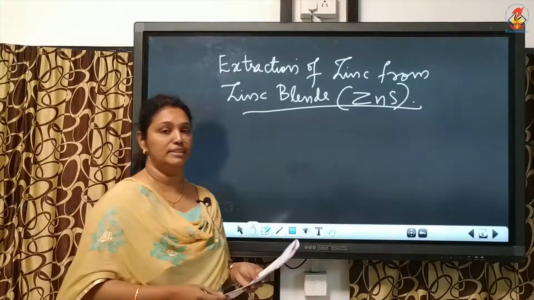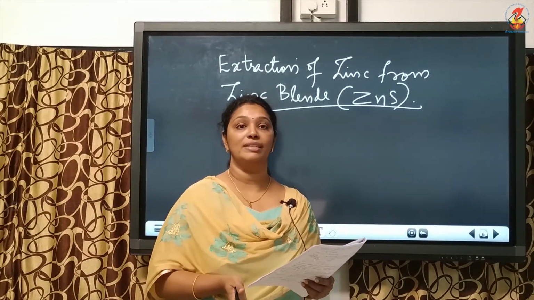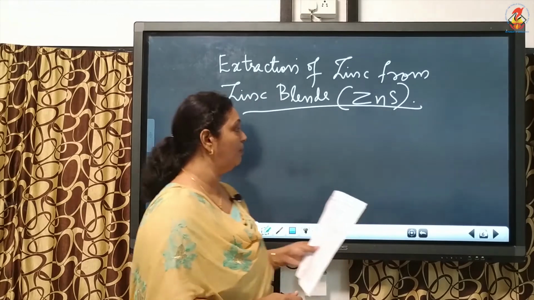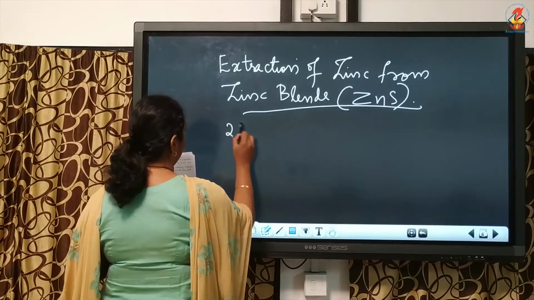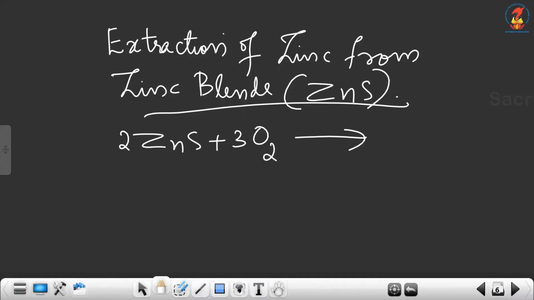This is zinc blend. Now, first zinc sulfide is converted to zinc oxide by roasting. So, the equation is zinc sulfide plus 3O2. Roasting means heating in the presence of air, gives 2ZnO plus